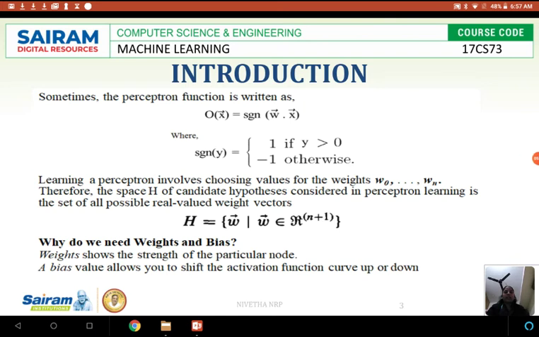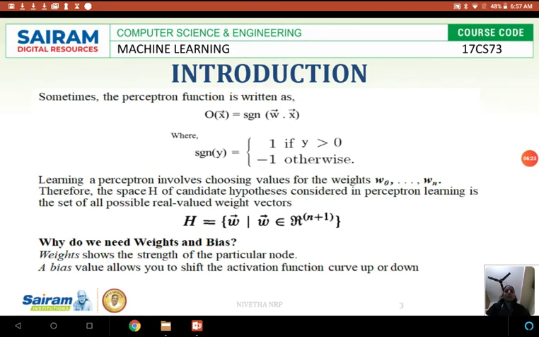The main part of the perceptron is that it is going to learn the method of choosing the weights. It will try with initial weights, and when it doesn't get the expected output, it will again try with different possibilities of the weights to obtain the target value. Here the other formula for obtaining the hypothesis is given as